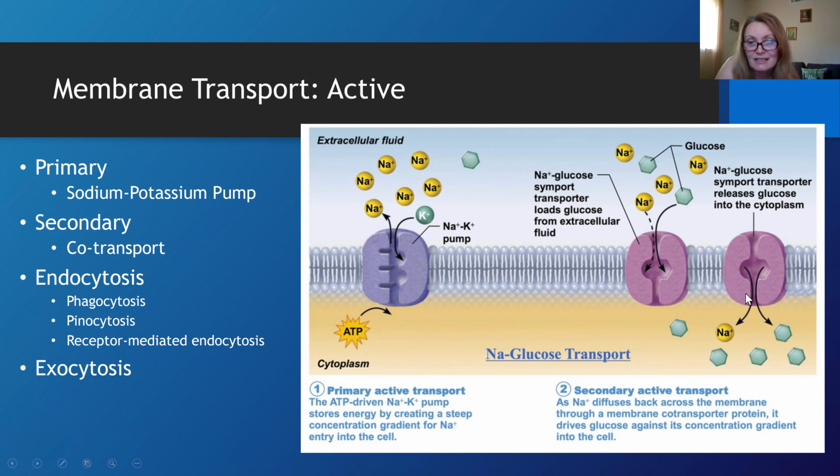However, this transport directly depends on primary transport. So first, this primary transport, this sodium-potassium pump, is going to pump sodium out. It's going to create a high concentration of sodium in the extracellular fluid, and then sodium obviously wants to move down its concentration gradient, but in doing so, it takes glucose with it. So glucose is